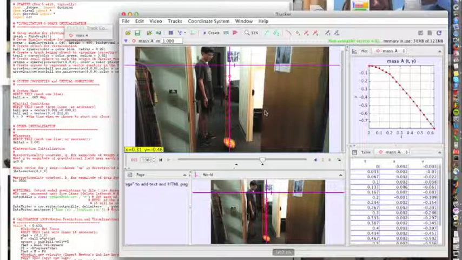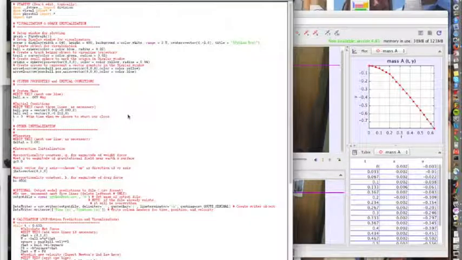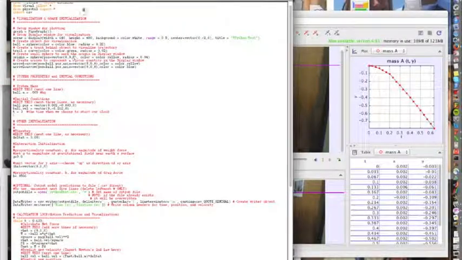Taking the data that was collected by Tracker, I put the initial values into the code given to us at the start of the lab. I used the first two time points and their respective positions to find the initial velocity, and to calculate the final velocity I used the final two time and position points. The start frame was 45 and the end frame was 65, and the camera recorded at a rate of 30 frames per second. The mass of the tortilla sleeve was 0.009 kilograms. After running the code,